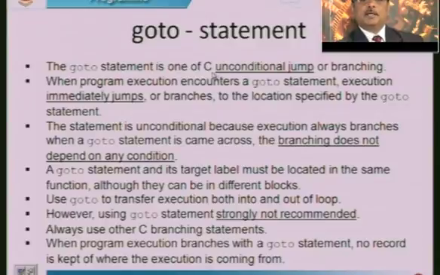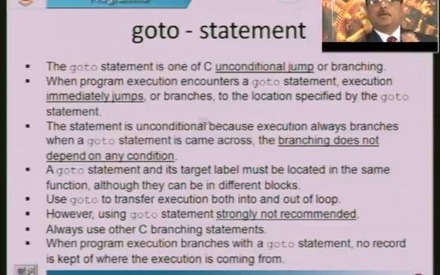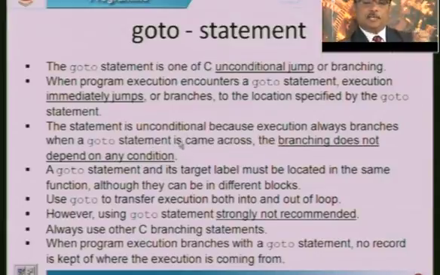Up to now you observed, if the condition is true, control goes inside the loop, otherwise it goes outside the loop, whereas a goto statement takes an unconditional jump or branching in the program. When program execution encounters a goto statement, execution immediately jumps to the branch you specify. It is unconditional, because after this statement you do not put any condition, you simply say goto label.